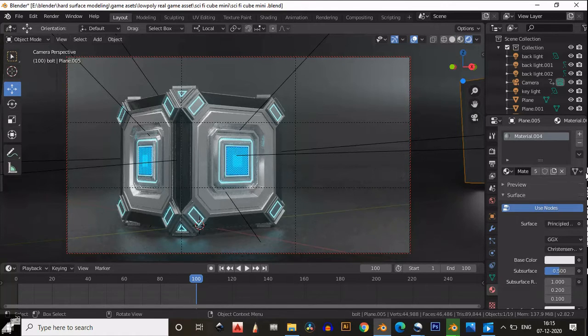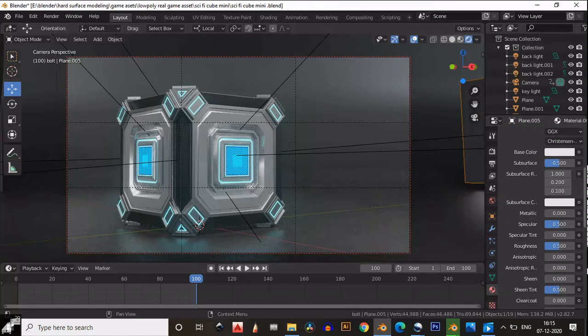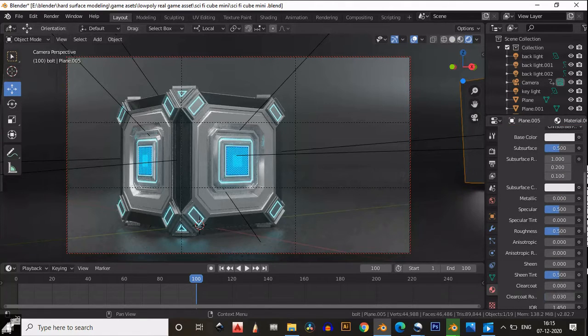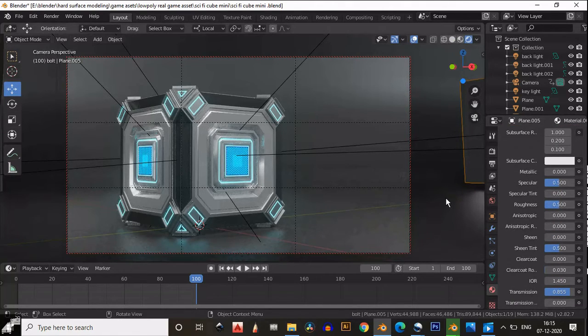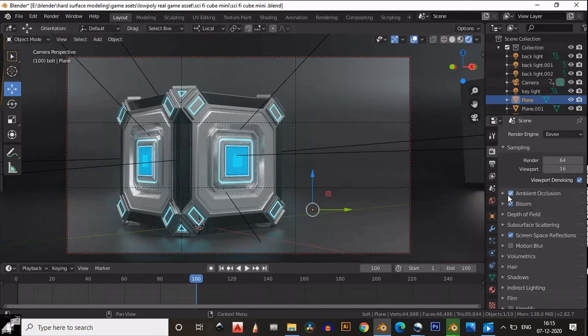For the background plane I have given the dark gray texture, and I increased its metallic value to 0.6 and decreased its roughness to get the reflection of the light on the surface of the plane. So that's the simple light setup.